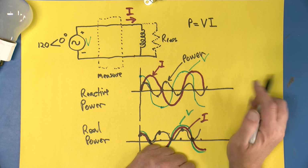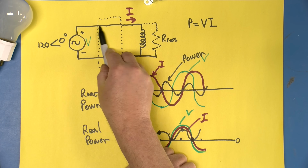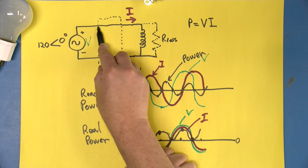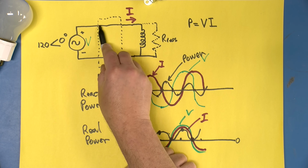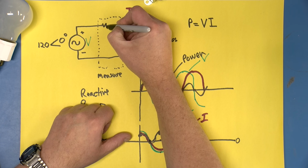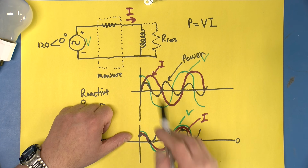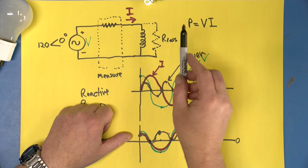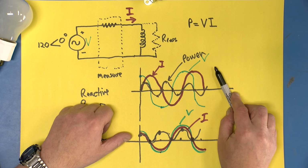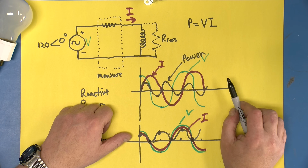And that current, even though it's out of phase, is flowing through the resistance in this power line. It is indeed heating up that power line due to I squared R losses, because the power line actually has some resistance in it, because we don't normally use superconductors because they're too expensive. So that reactive power is a real problem, and what power companies do is, for consumers with gigantic reactive loads,